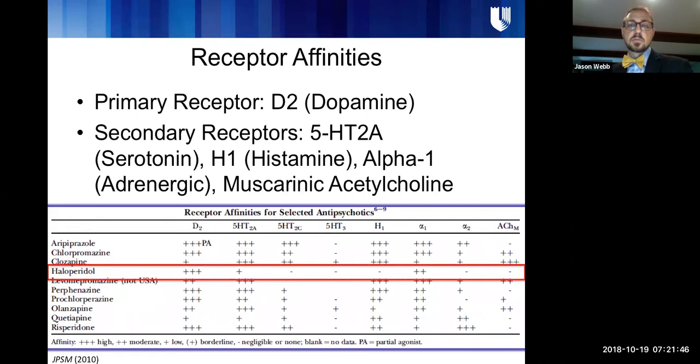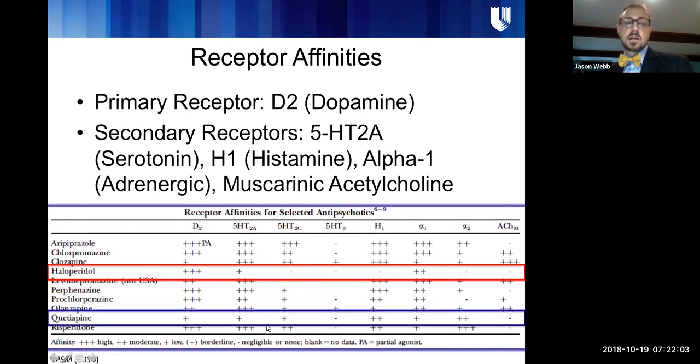And so, for example, haloperidol, which we typically use oftentimes for patients with delirium, there's some controversy around this, is primarily a dopamine blocking agent. And so it has a high affinity at the D2 receptor and doesn't really target, like, say, serotonin, histamine, alpha-adrenergic, or acetylcholine receptors. If you compare that to a second generation agent like quetiapine, very little dopamine blocking activity, but a lot of antihistamine effect and alpha-adrenergic effect.